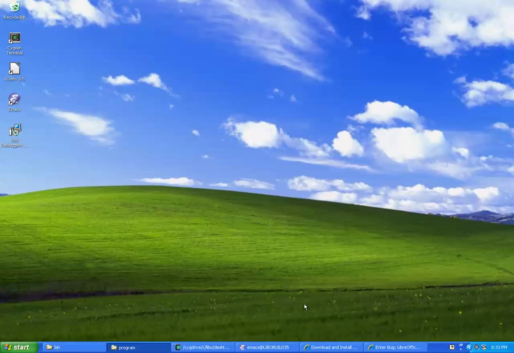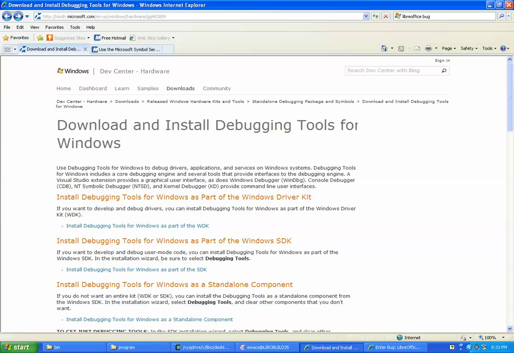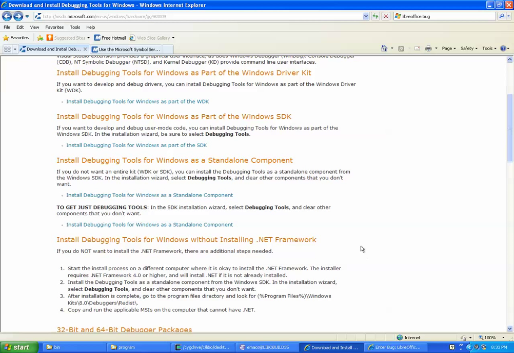Apart from that, we need the WinDBG program from Microsoft. To get it, we have to go to this web page and download the debugging tools for Windows. I recommend you just go to this section, install debugging tools for Windows as a standalone component, and follow this advice. In the installation wizard, just select debugging tools and clear all the other components. So you click here